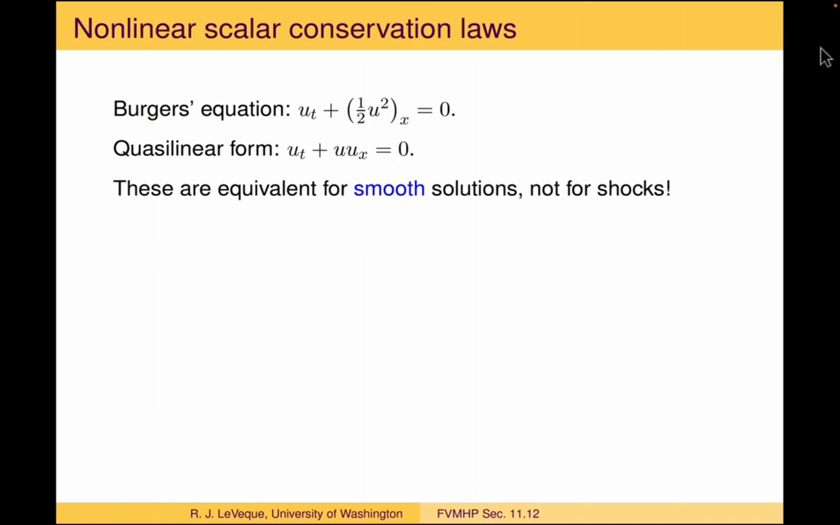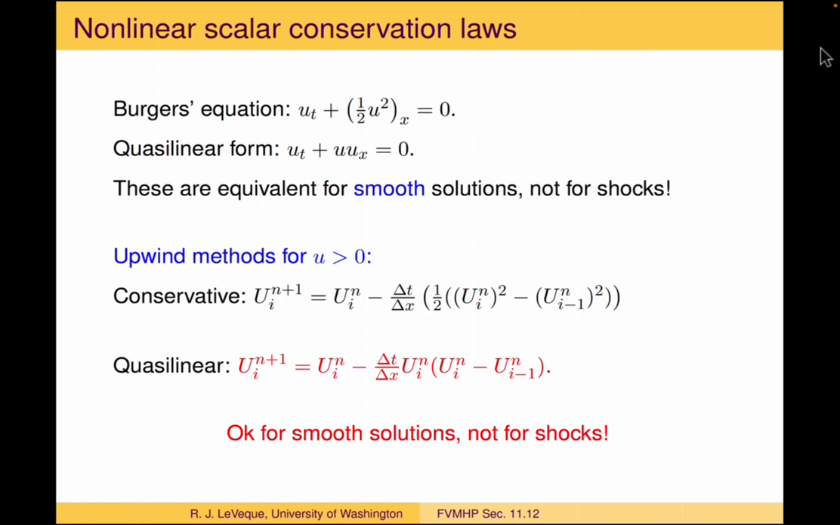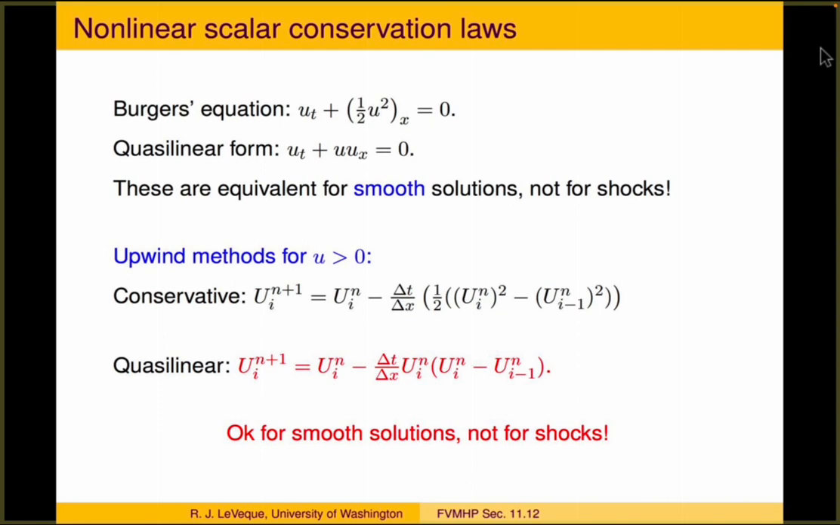So if we look at a nonlinear equation like Burgers' equation, then remember we can also write it in quasi-linear form, and if the solution is smooth, then those are equivalent, but not for shock waves. And I think I showed this example before, but if we look at a couple of different natural discretizations that are both generalizations of the upwind method for advection to the Burgers' equation case, if we assume that u is positive so that everything is propagating to the right, then one way we might generalize this is in this conservative form, where we're updating the cell average by taking the flux at the right edge and subtracting off the flux at the left edge of the cell,